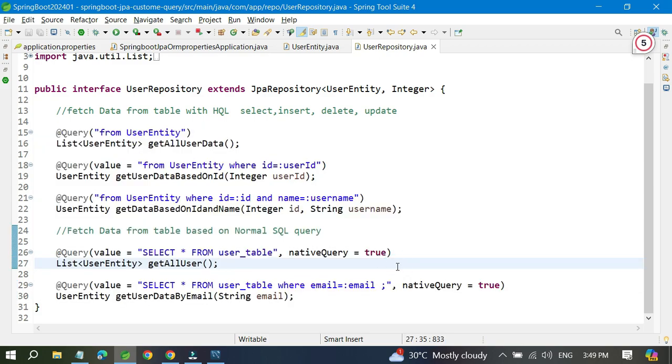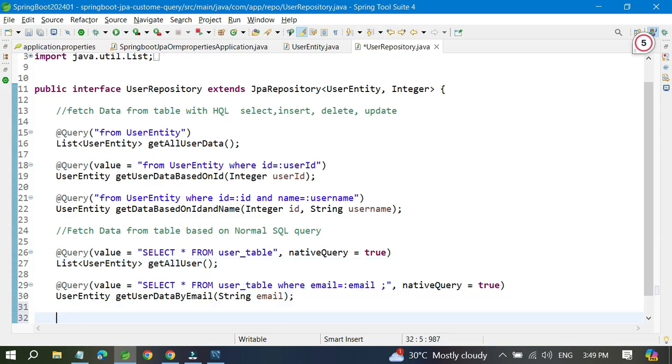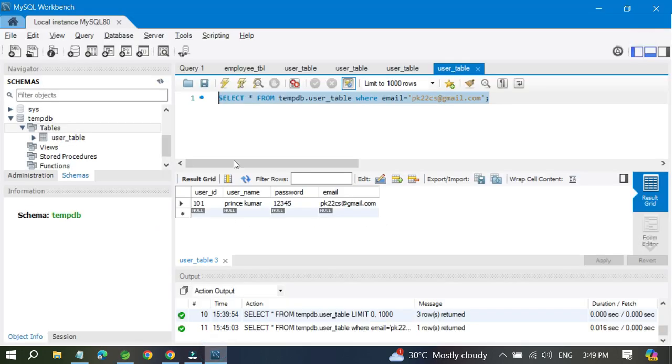For example, let me do one more thing. For example, you want to delete some data from the database. So you can just write the query and pass it, and it automatically does it. SQL query is very easy. So what you can do is delete users, delete from, where